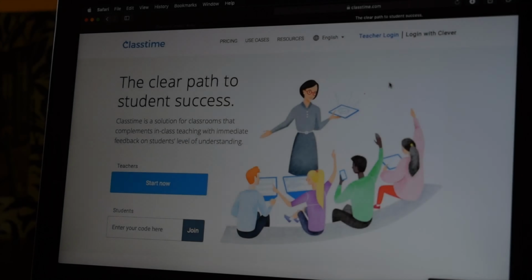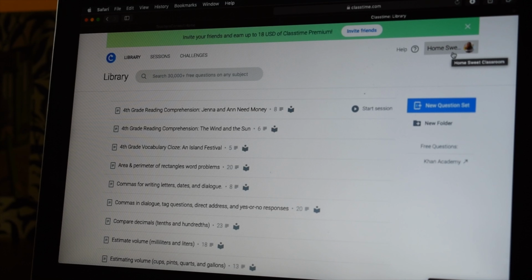So here I am already logged into my homepage, and as you can see, it is Classtime, the clear path to student success, and you simply just log in. So I'm going to go ahead and log in with my teacher login, and it automatically logs me in. I log in with Google because I use Google at my school as well, so it worked out perfectly. But here you have the homepage for the teacher,